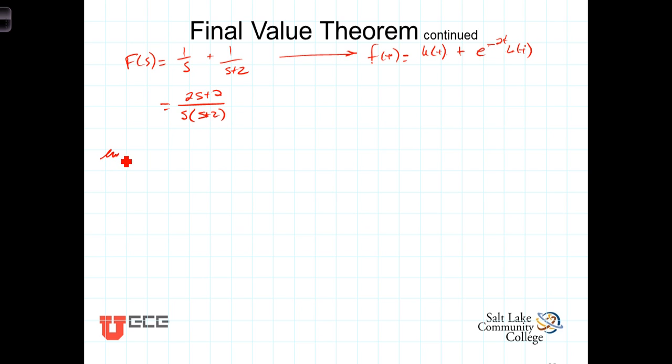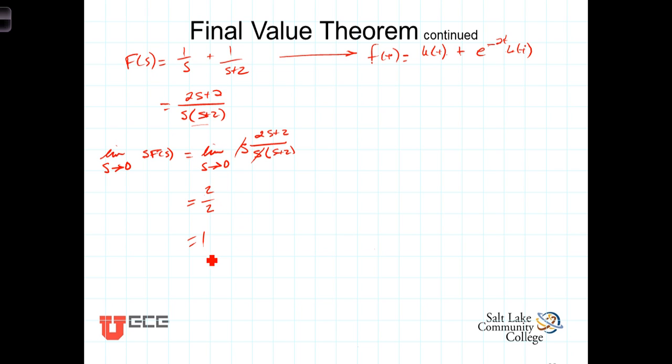Now, let's go ahead and write the limit as s approaches 0 of sF(s). Well, that's equal to the limit as s approaches 0. This term right here is F(s), so s times that would be s times 2s plus 2 over s times s plus 2. The s's cancel there. And now the evaluation of this limit is pretty straightforward. Since it's not going to infinity, s is going to 0. We have then, this term goes to 0, this s goes to 0. We're left with 2 over 2, which equals 1 on the left-hand side.